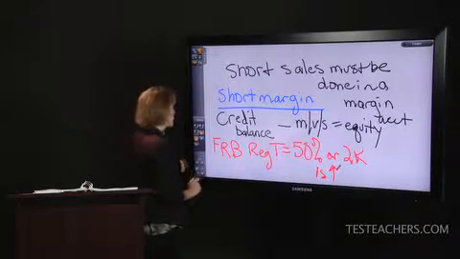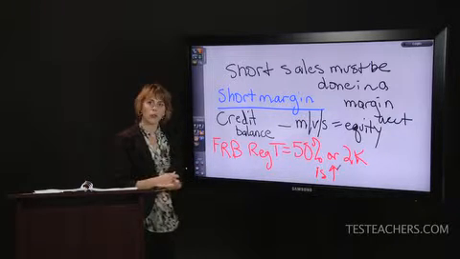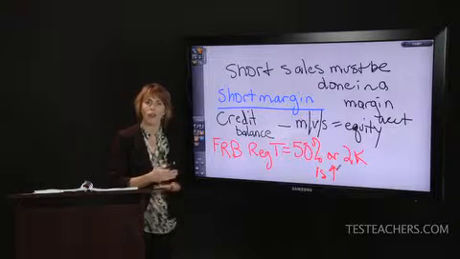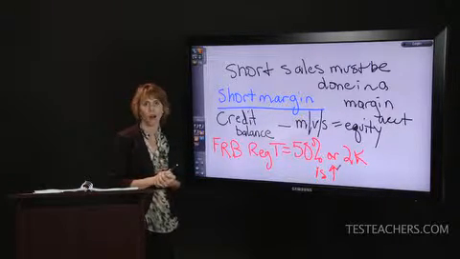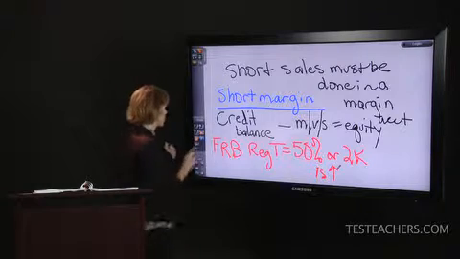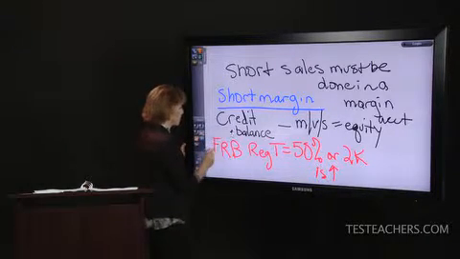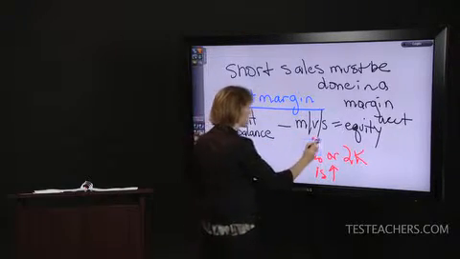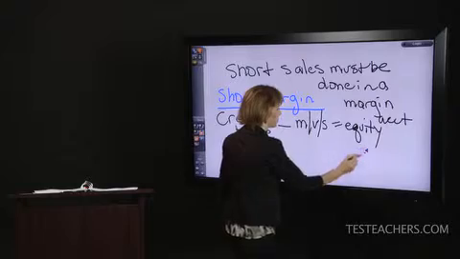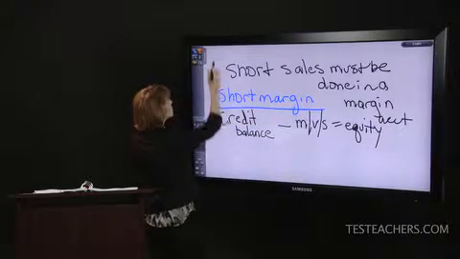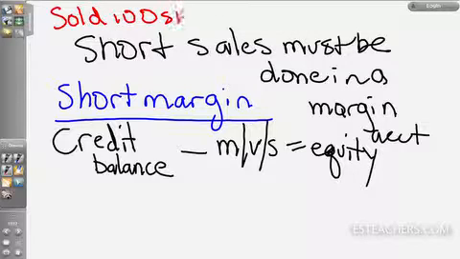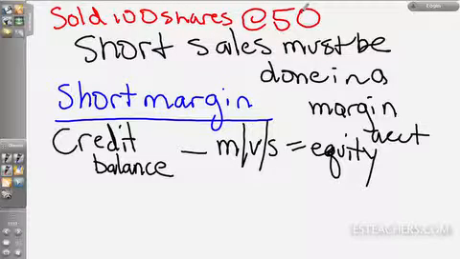So that's Regulation T. It is possible that the broker-dealer can have a higher initial margin requirement. They can have a higher house margin requirement is what it would be called. They can do that. But we're just going to work with the 50%. So let's say that you just shorted 100 shares at $50 a share. So you sold 100 shares, that's one round lot, at $50 a share.